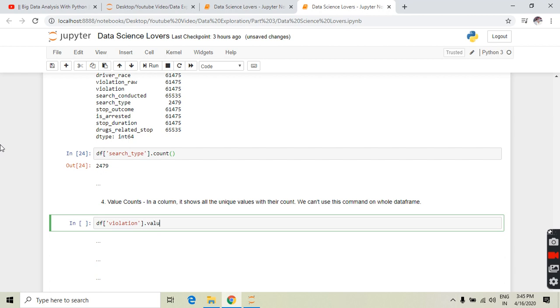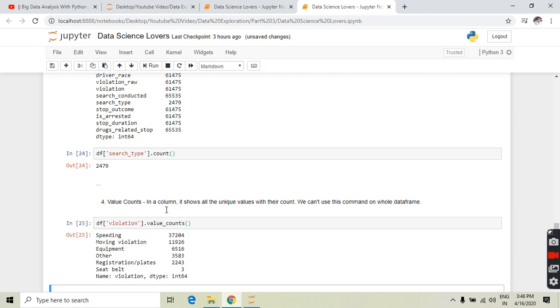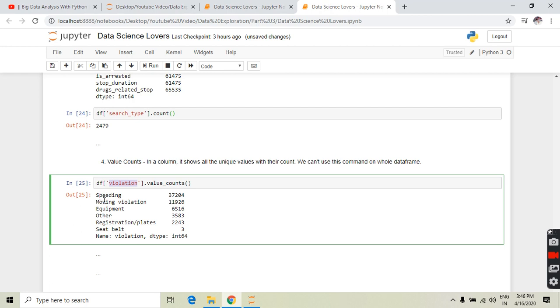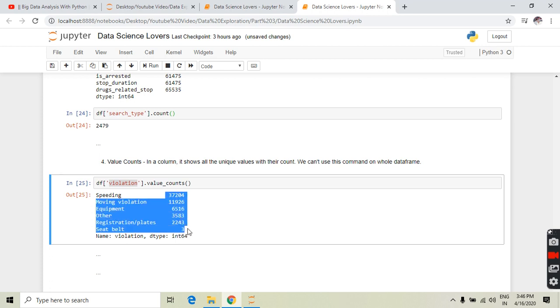Dot value counts. Remember this command, it's value underscore counts. We will run it. It is showing that the violation column has 1 2 3 4 5 6 unique values, and their counts are as shown here.